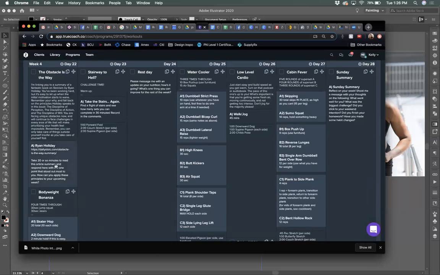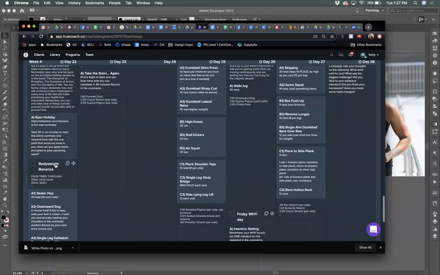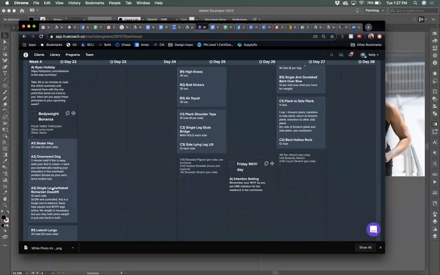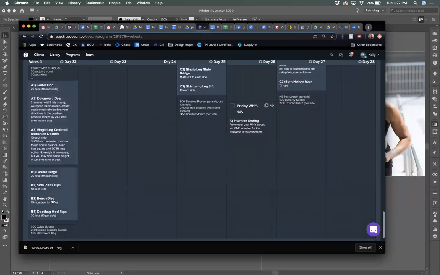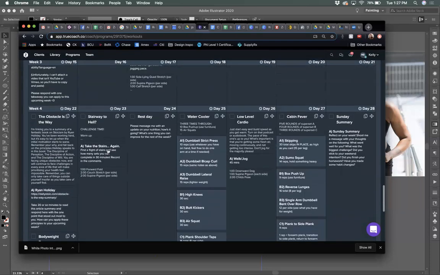You can feel free to disregard that or copy them. Little bodyweight bonanza workout here. So you can explore these. This is just like a little challenge. Take the stairs for 30 minutes or whatever. Rest day. But you can also put a note in there. So I have a check-in on nutrition for her rest day and a little reflection on her Sunday rest day. Anyway,